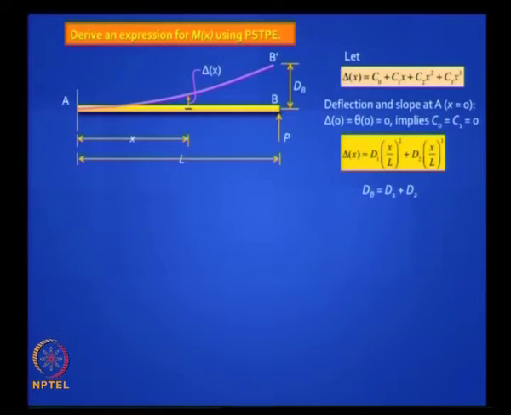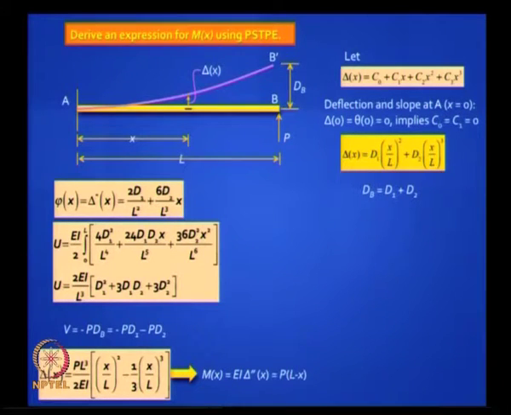and if we invoke the boundary conditions, and you have kinematic boundary conditions at x equal to 0, the deflection and slope are 0, and that equation will simplify to a clean cubic equation having two components, one involving a square term and another involving a cube term, and constants d1 and d2, which are now the independent parameters we are looking for, right. So we can say the deflection at the free end is d1 plus d2, because when you put x equal to L, that equation degenerates to this one. Now